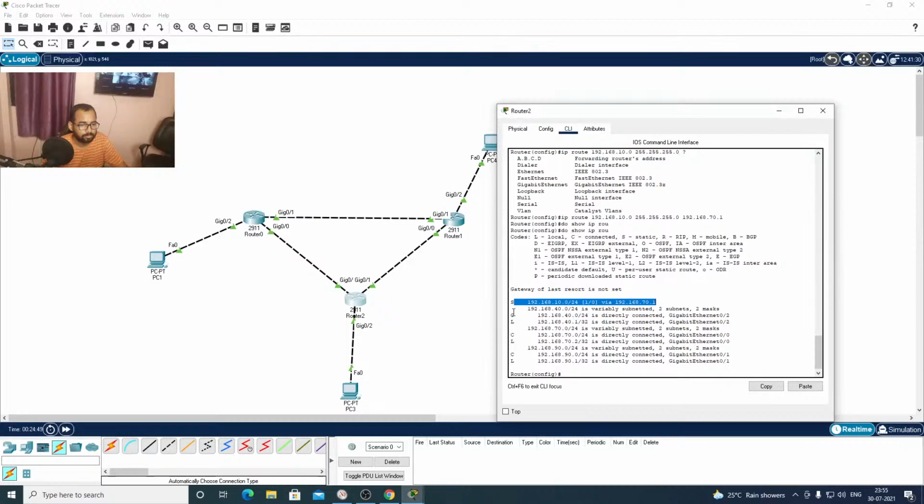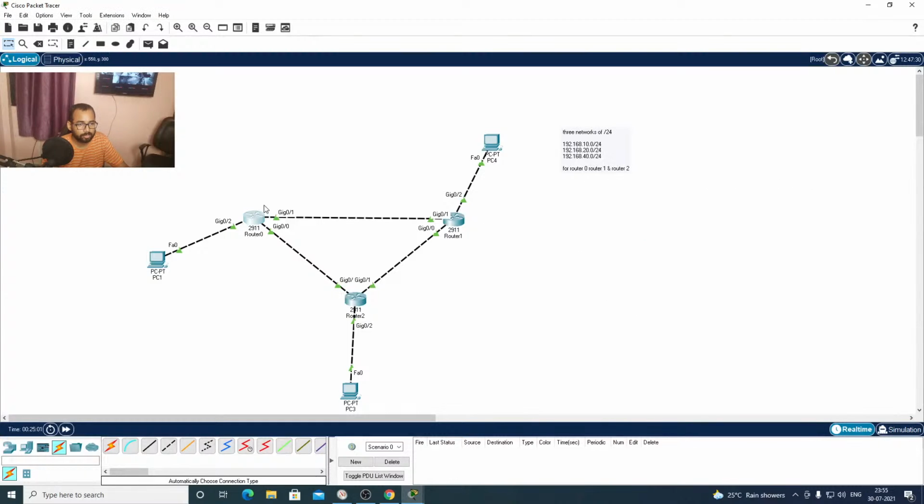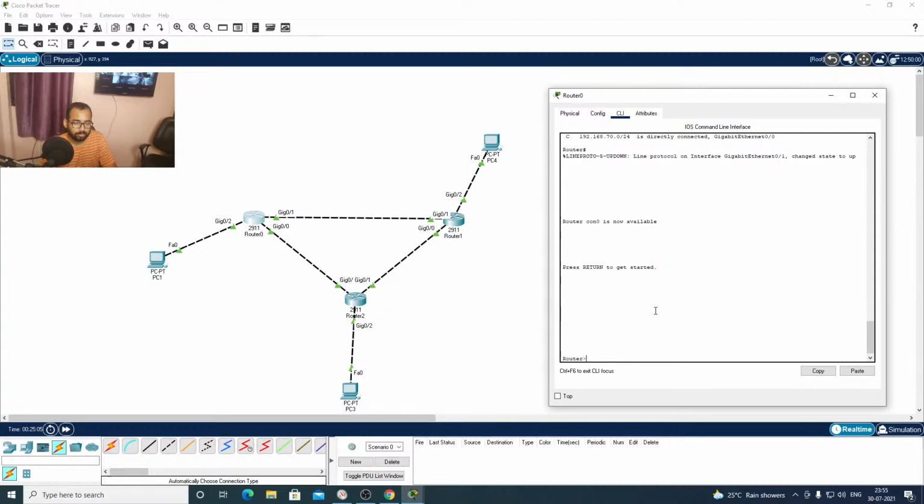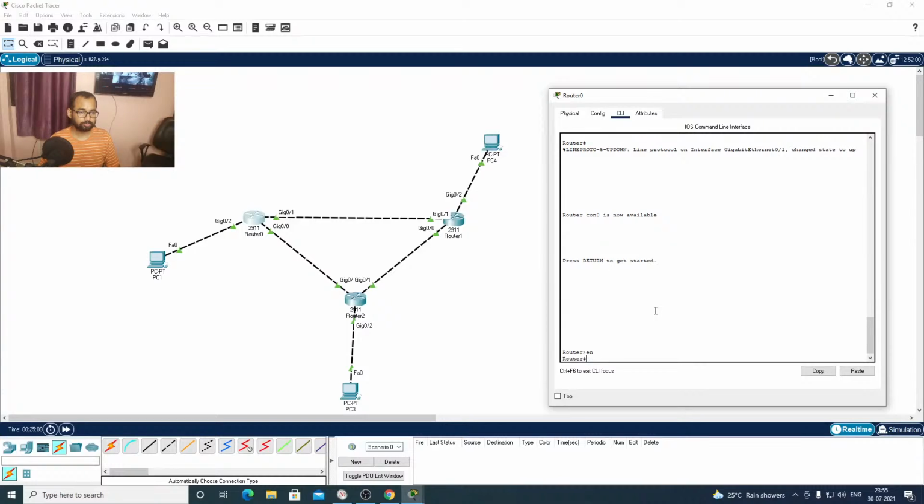Similarly, in router 0, we have to make it aware of the network in which PC3 is connected. So we'll also manually add the network information in this routing table. Again, we'll issue the command in global configuration mode.